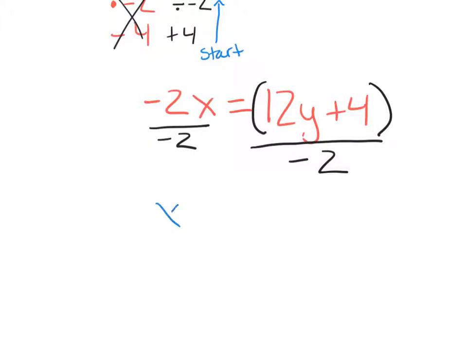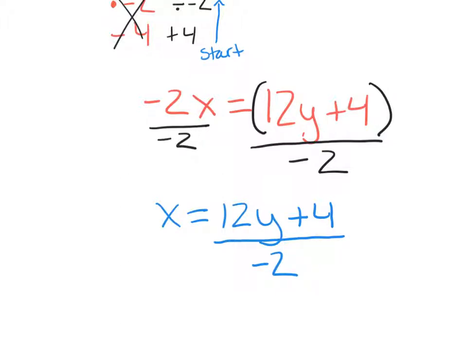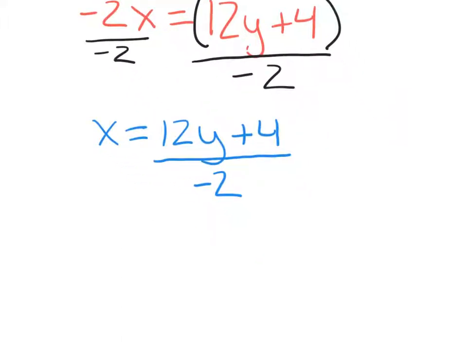Okay, so we'll have x equals (12y plus 4) all over 2, negative 2. But just like when we were doing all this stuff with fractions and square roots, we always have to check to see if we can reduce anything. So first, if we just look at our